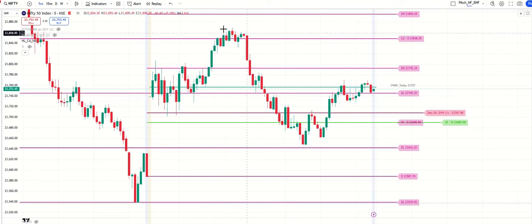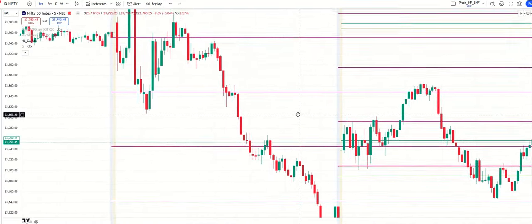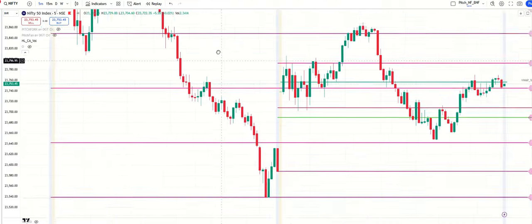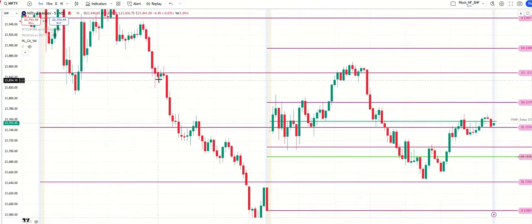The reason this line acted as a strong resistance is the reason I gave the option of enabling the previous days. You see, this acted as a strong support, and here when it is falling, this acted as a support, but once this broke down, it was a one-sided fall. So there are a lot of sellers here.